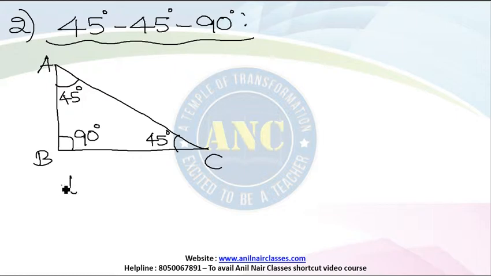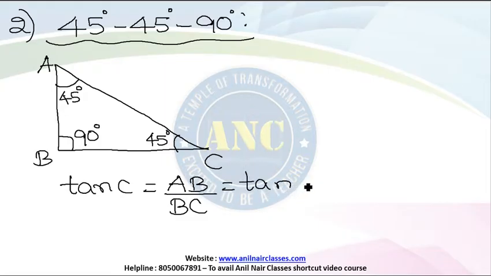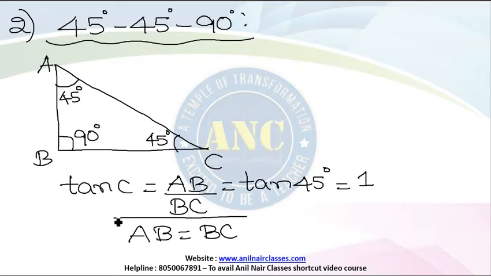Same thing. If I apply tan C for this, tan C is nothing but opposite, which is AB, divided by adjacent, which is BC. Tan C value is tan 45. Tan 45 value is equal to 1. So this is nothing but AB by BC is equal to 1. So AB is equal to BC, or in simple language, if I assume AB value to be 1, or if I assume BC value to be 1,